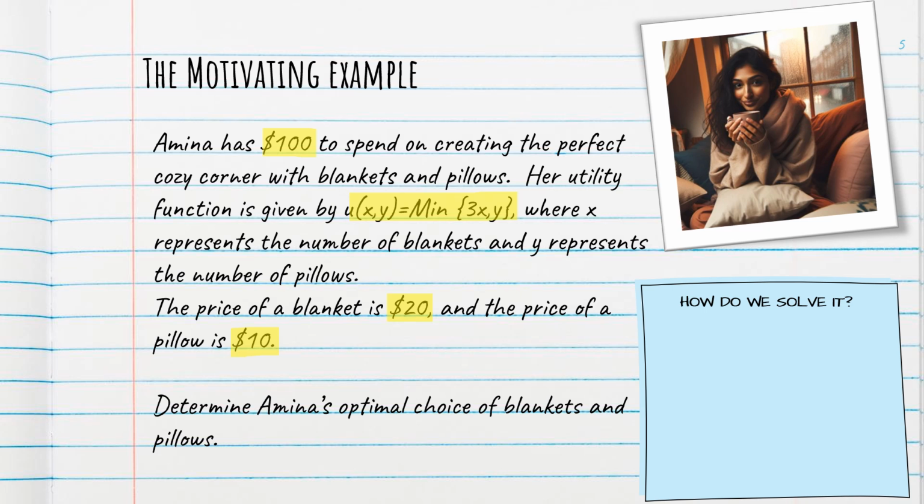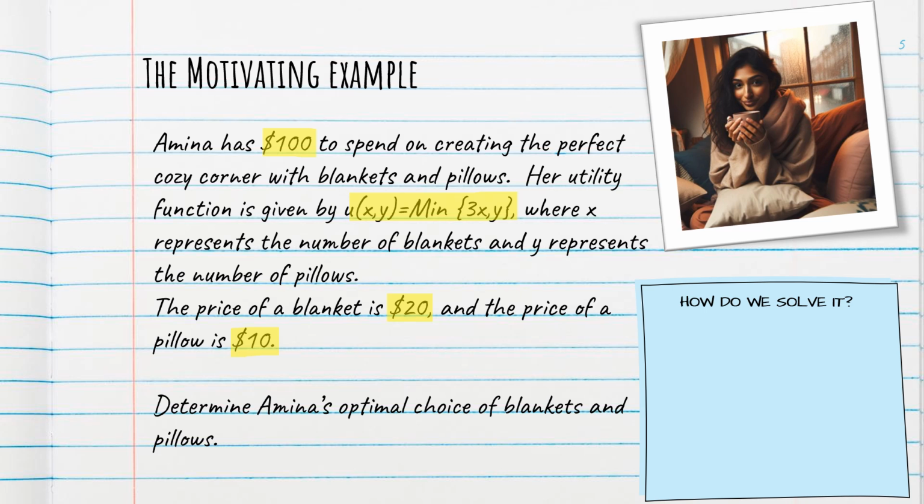How are we going to solve this utility maximization problem? A little differently from your typical problem because we're not going to have a tangency condition. And the reason why we don't have a tangency condition is the indifference curves of the perfect complements utility function don't have curvature to them, they're right angles, and it's not possible for a right angle to be tangent to a downward sloping budget constraint.